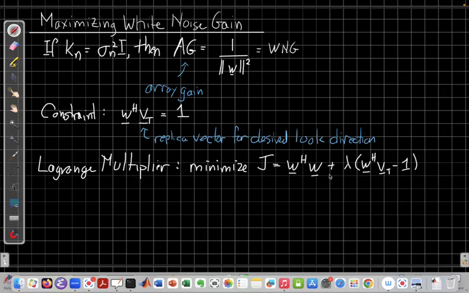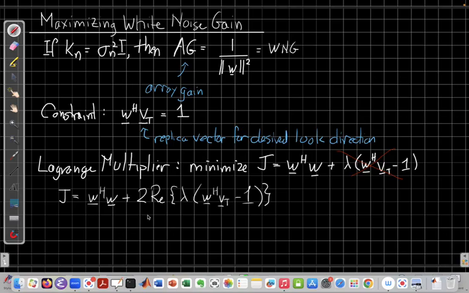But as Van Trees points out, we have to be a little more careful. If we don't know for sure lambda is real and the W Hermitian V will be real, we need to take that into account and use the real part, since we know our objective function here is real. So we're actually going to revise this a little bit for the more general case. Right, so I've got this inner product, and then one of those annoying professor things, I'm going to write this as 2 times the real part of the constraint